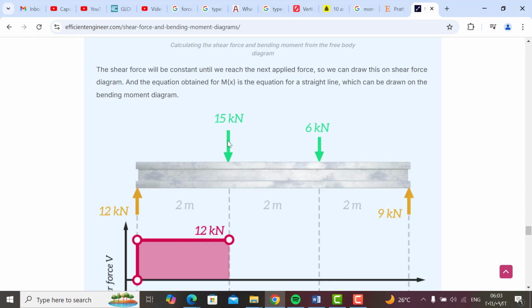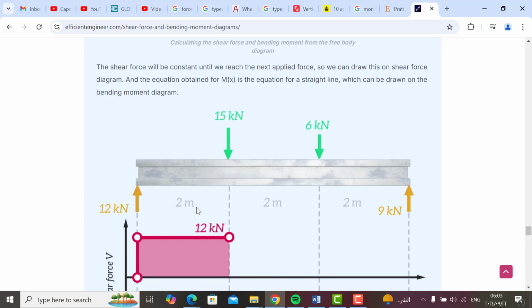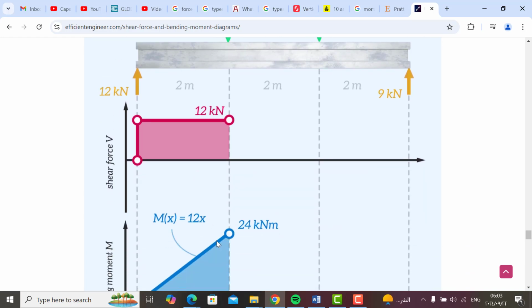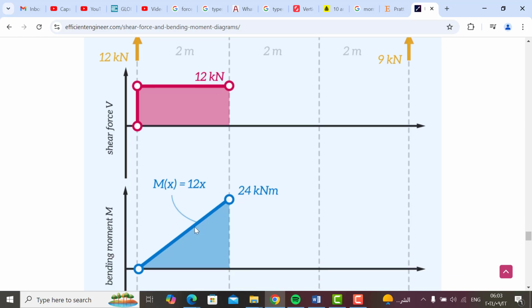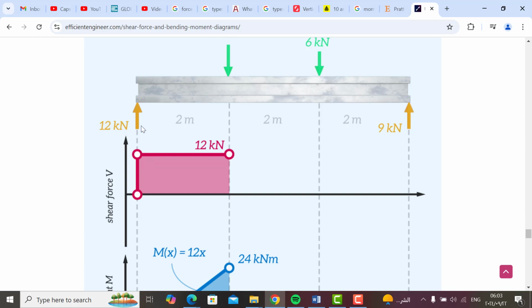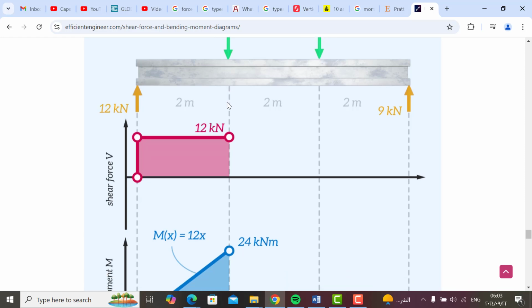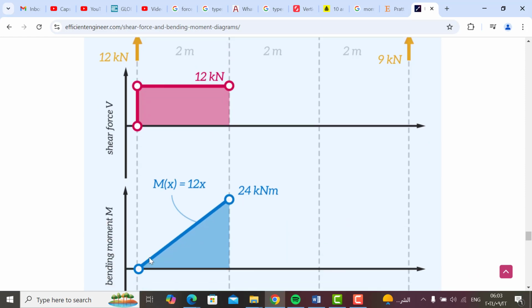And here the moment about this point will be 12 by 2, so we have a moment of 24. The moment is increasing because here the force is 12 times 1, here 12 times 1.5, and here 12 times 2, so we have this slope,